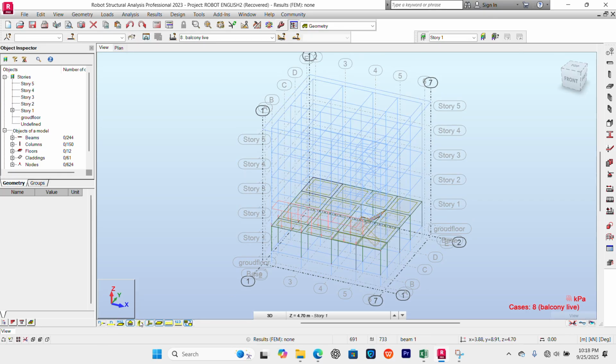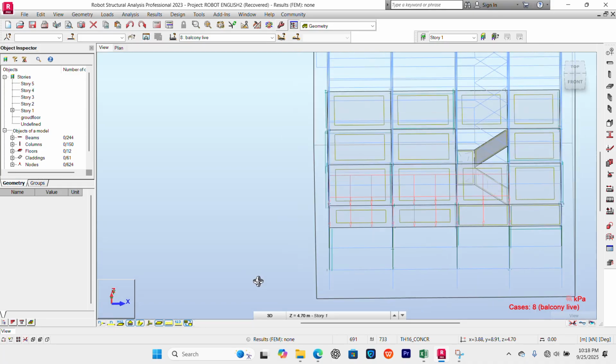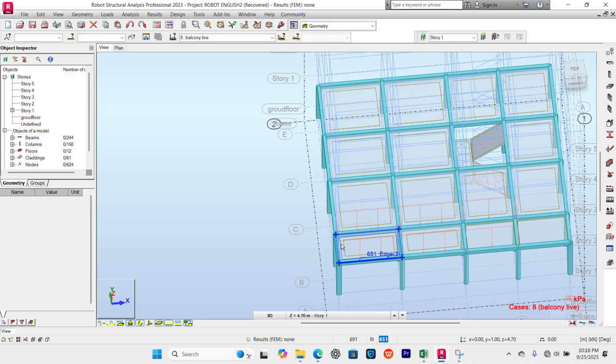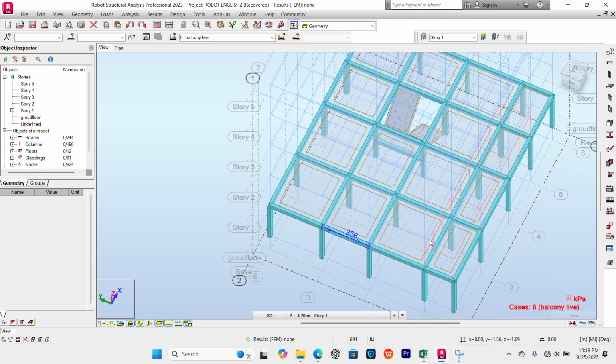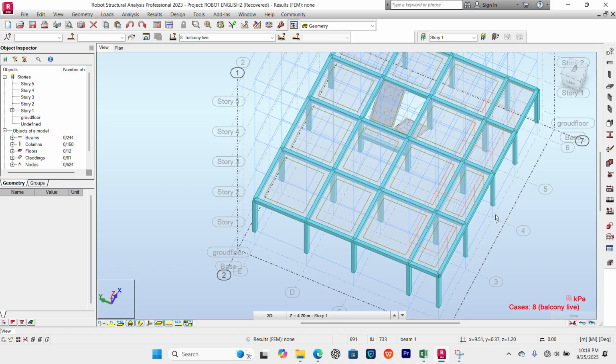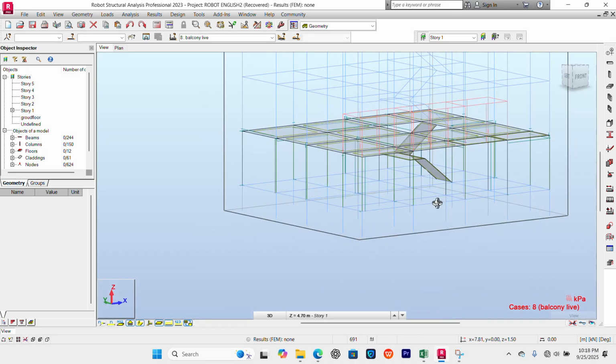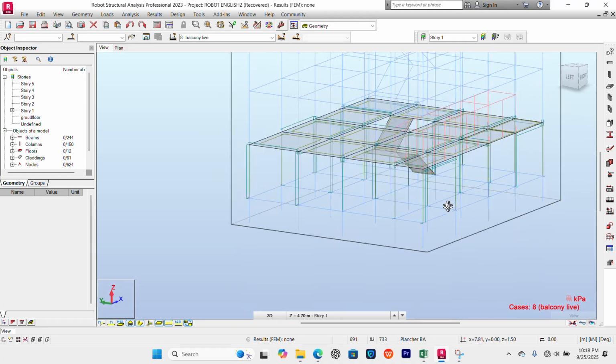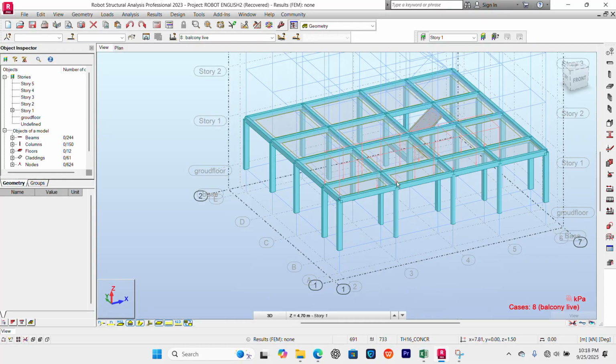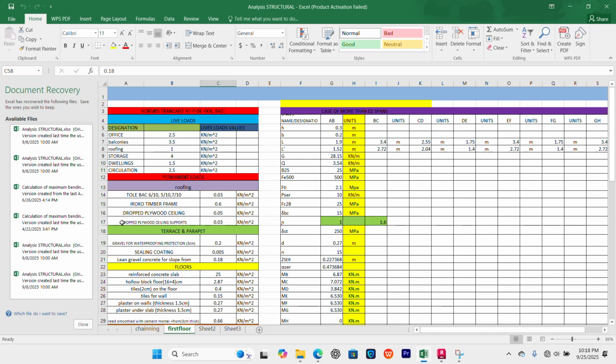Let me activate the cross section. So you can see that effectively I respected what we agreed on, to use this part as the veranda and the other part left as circulation. So I've applied the load. Normally I apply the surface load of the balcony using the NFP again.